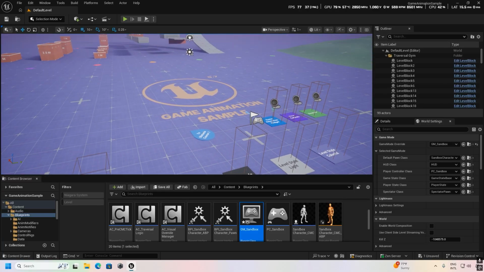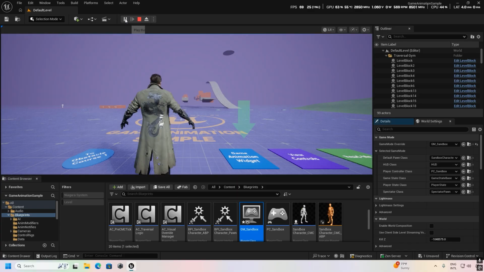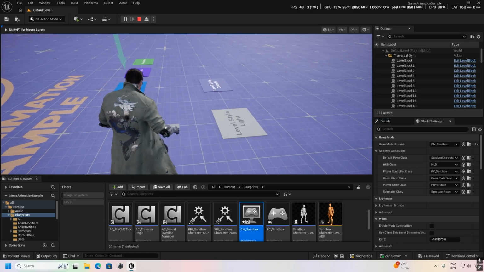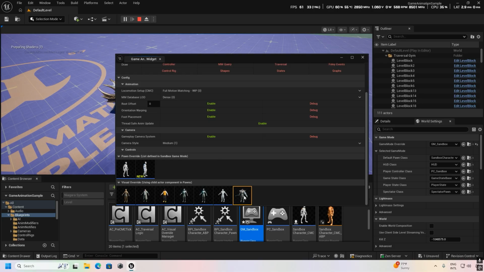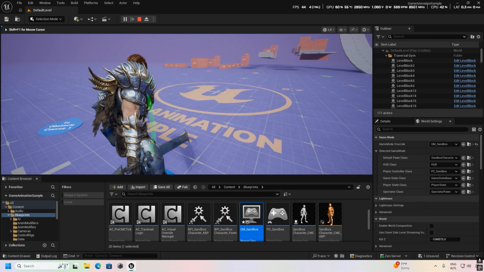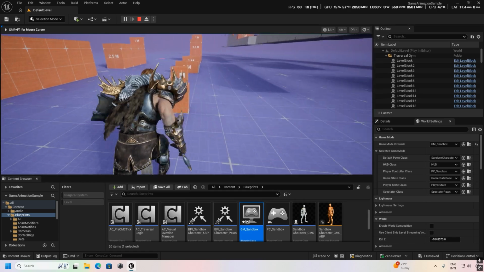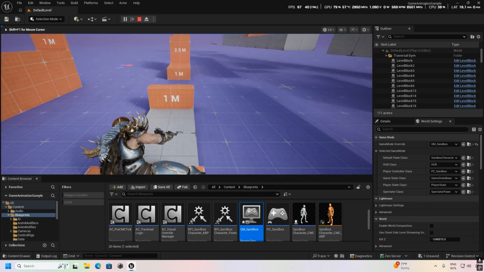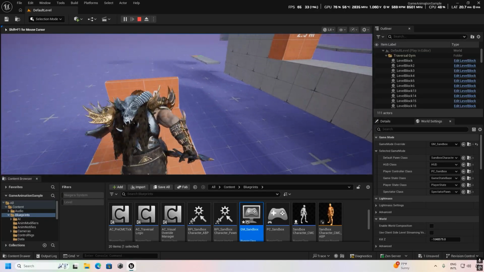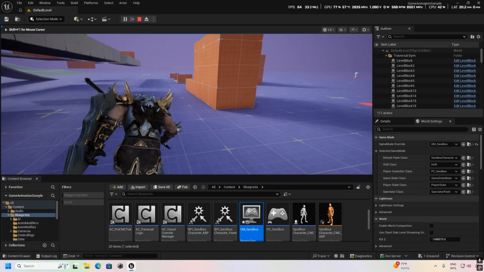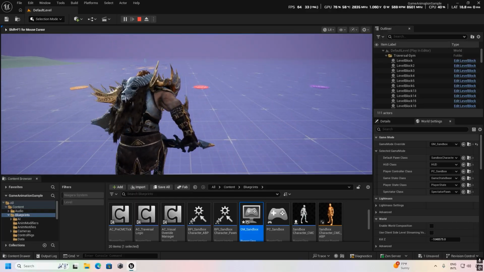Okay, so now let's test it. Here we have selected the Twin Blast and go to the widget. Now you can see our character here. Proceed. Now you can see our custom character in our animation blueprint sample. We can use all the animations the default character had. And this is too good. Look at this.